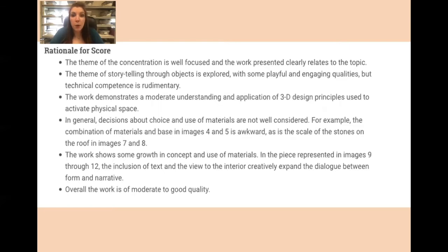So remember, we talk about this some, but begin with the end in mind, especially with 3D design. So you need to think about how is it going to be displayed and how is it going to be photographed? Is it going to be on a pedestal? Do you need to get some kind of base for it to go on? Do you need to hang it from string? Do you need to attach it to the wall? What wall can you attach it to? So there are a lot of things to consider when you're creating three-dimensional work, especially work that is not as